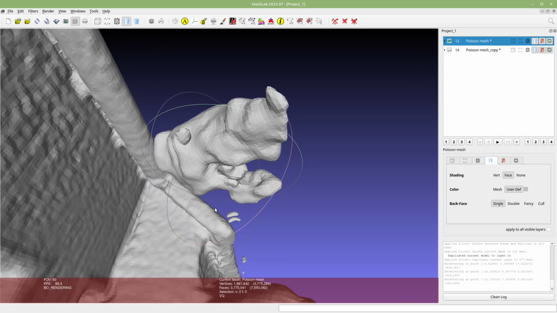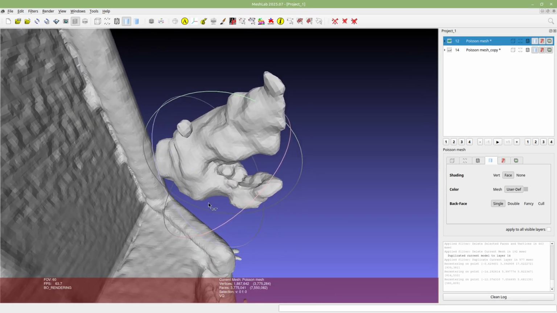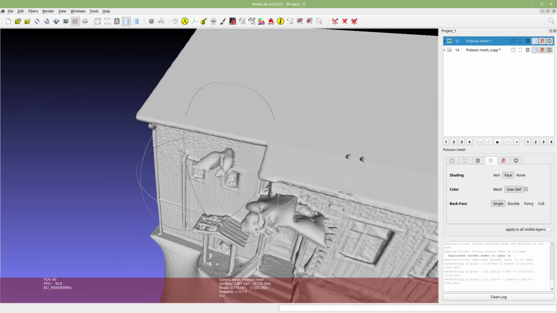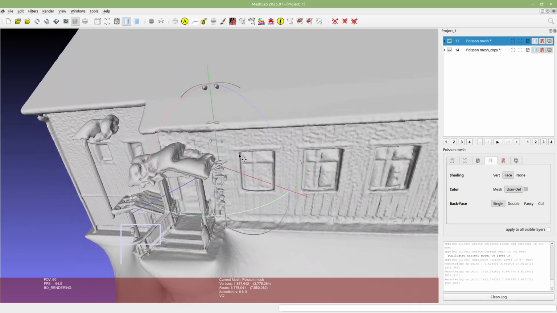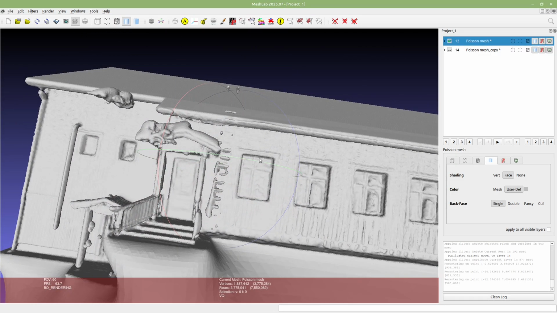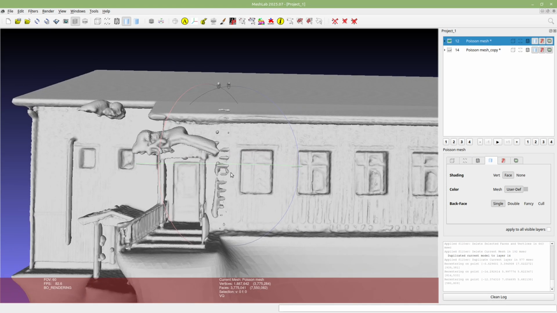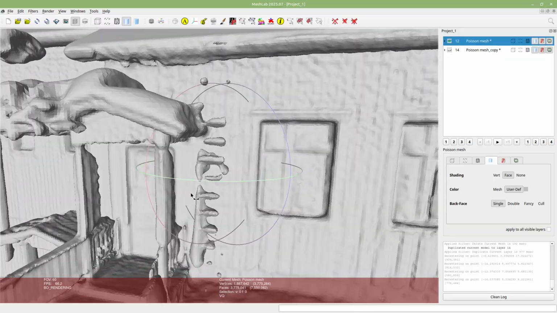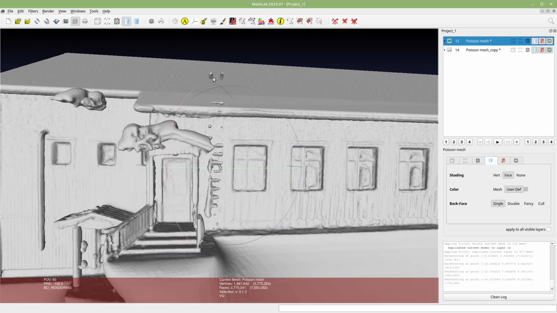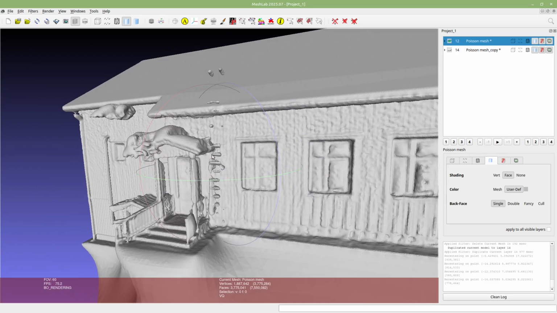There's actually this floating blob here that is also caused by those points measured from the tree branches. These floating blobs here are caused by the points measured from the ladders going to the roof here.